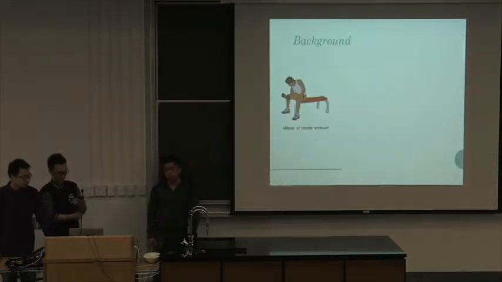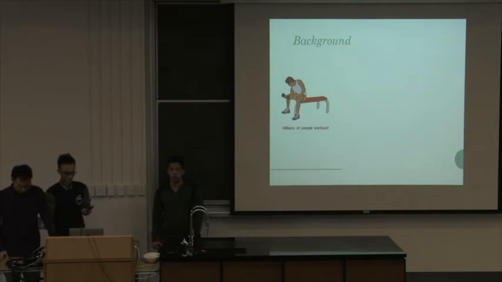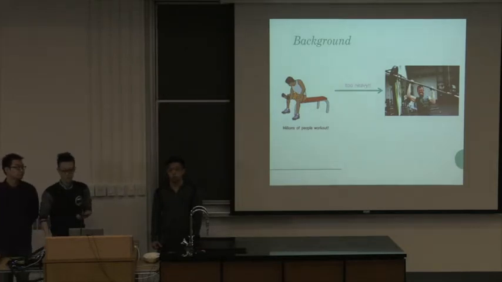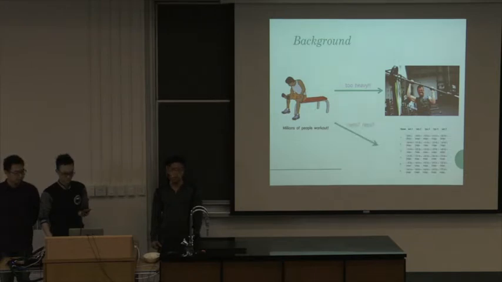So as you might know, there are millions of people who go to gym and work out in order to improve their overall well-being. However, there are two major problems. One being that the weight that they lift may be too heavy. As a result, they can easily injure themselves. And second being that they might not know the number of repetitions or number of sets for each exercise,